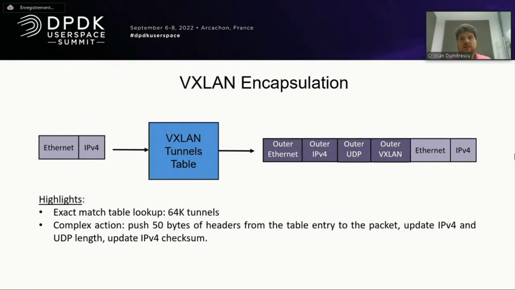Another example is the VXLAN encapsulation, where we simply have a table with 64,000 tunnels or more, and we get the input packet looked up into this table, and we get the tunnel details, basically 50 bytes of headers: outer Ethernet, outer IPv4, outer UDP, outer VXLAN, that we need to prepend to the packet. We also need to update the lengths of IPv4, the total length of IPv4 and UDP, because this cannot be pre-computed in the table. It depends on the input packet. And we also update the checksum. So this is yet another good example, and it's one of my favorite to benchmark the performance of our P4